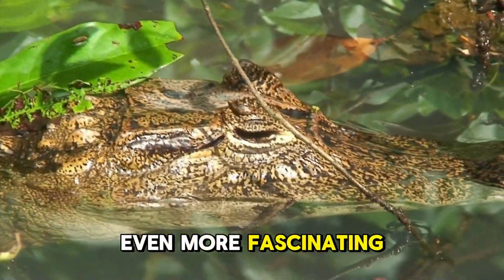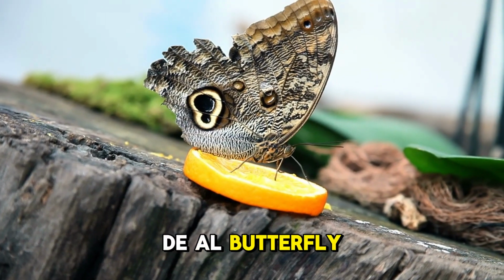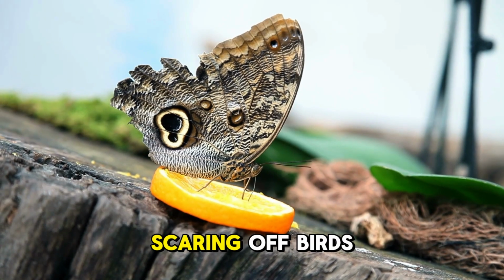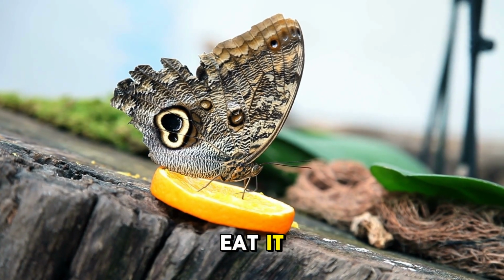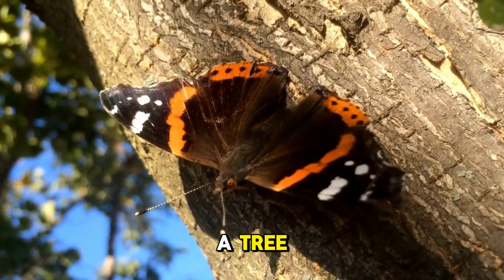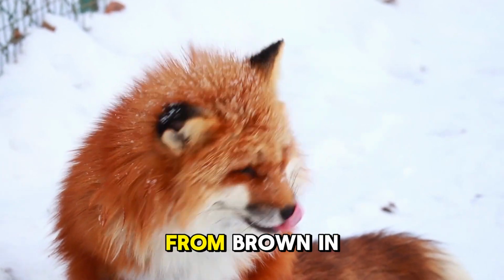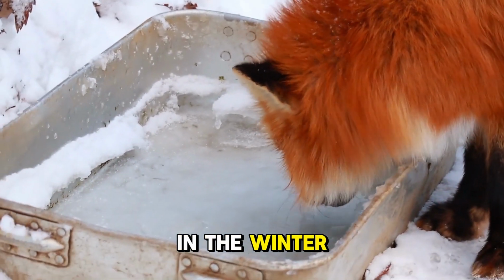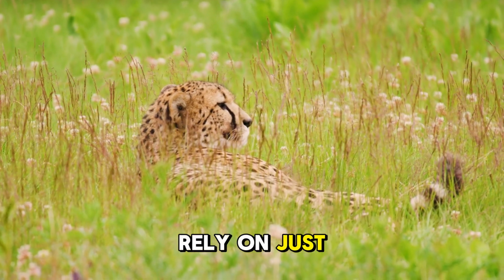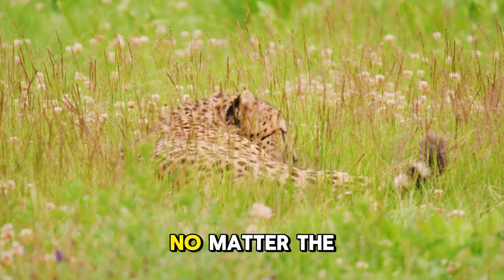Even more fascinating is how some animals combine multiple forms of camouflage. The owl butterfly, for example, has wings that look like the eyes of a much larger predator, scaring off birds that might otherwise eat it. But when it closes its wings, it disappears against the bark of a tree, blending in with its muted brown patterns. The Arctic fox changes its fur from brown in the summer to pure white in the winter, making it nearly invisible against the snow. These animals don't rely on just one trick, they adapt their camouflage to their environment, ensuring they stay hidden no matter the season or